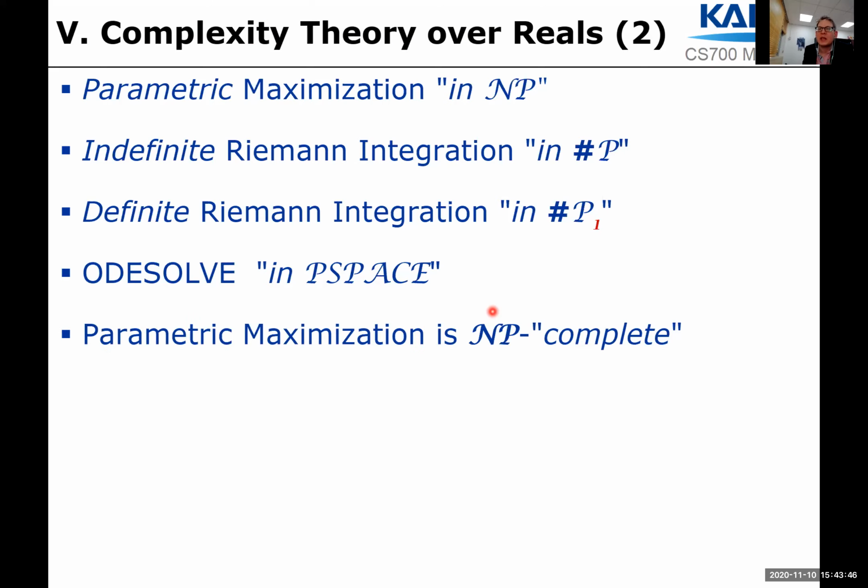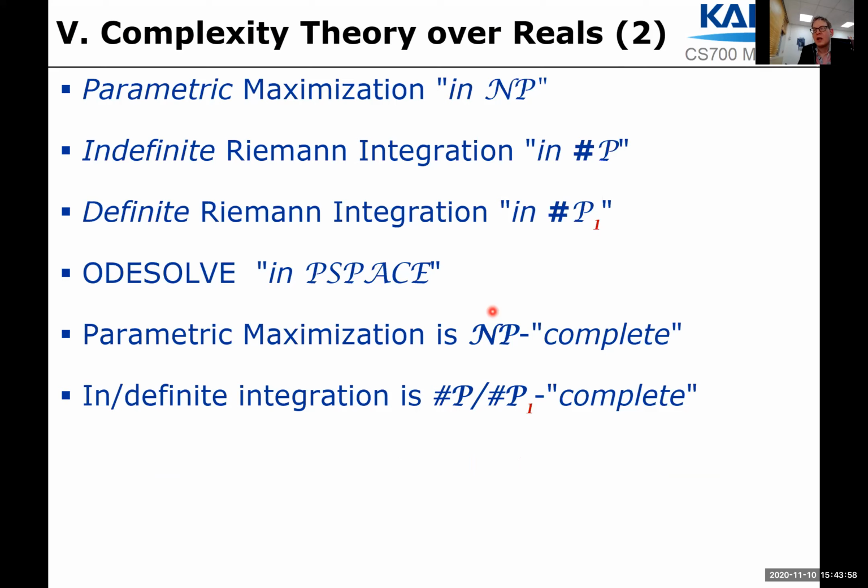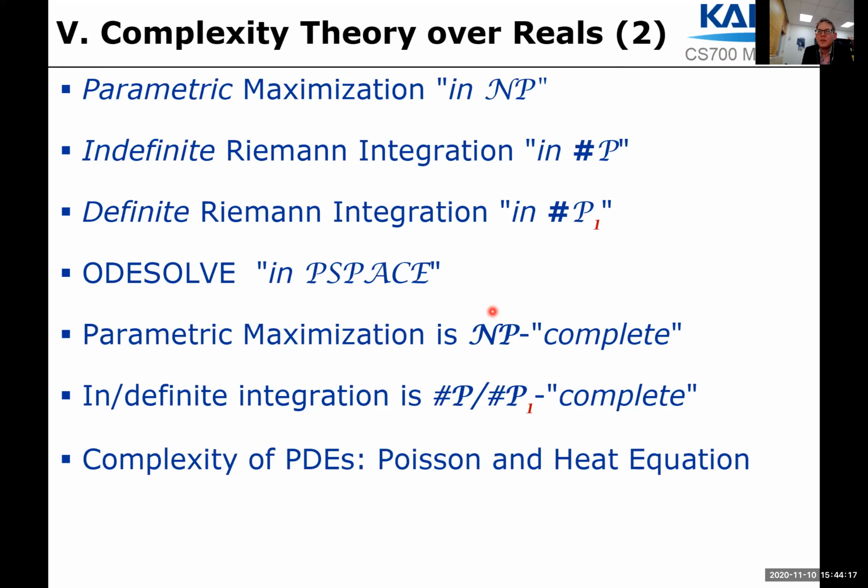And then we proved that at least the first three characterizations are optimal, and that these three problems are kind of complete, although completeness and reduction do not yet apply to the continuous setting. This is something we'll talk about later in the course of this lecture. So maximization in this sense is actually possibly easier than integration, unless the hierarchies collapse.